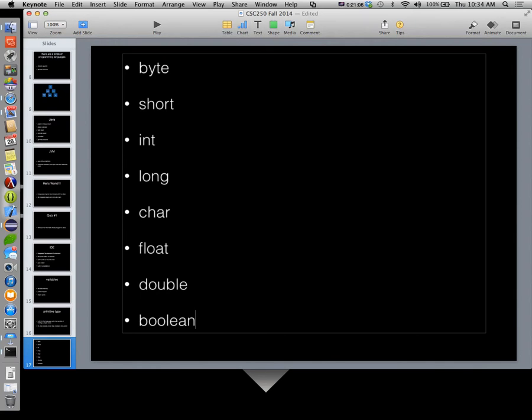Out of these, the only one that varies between our C-based languages is Boolean. In Java, it's boolean spelled that way. C#, it's bool. Objective-C, it's Boolean with a capital B.